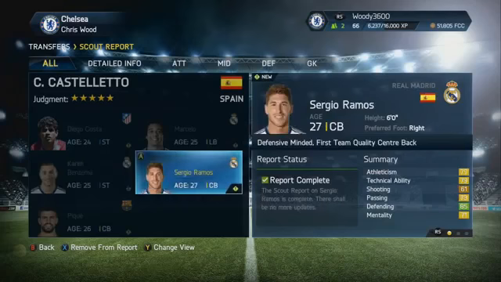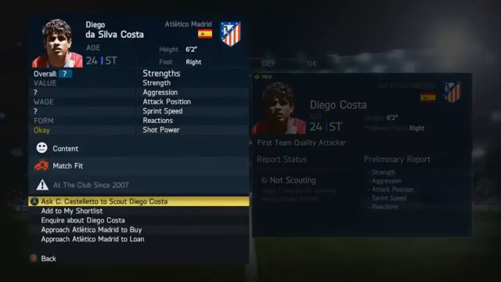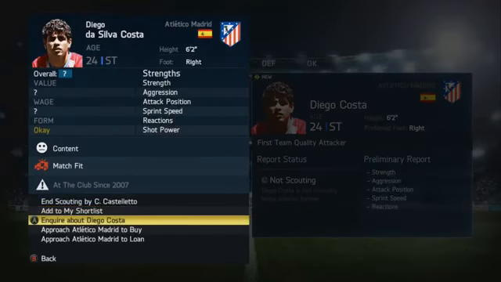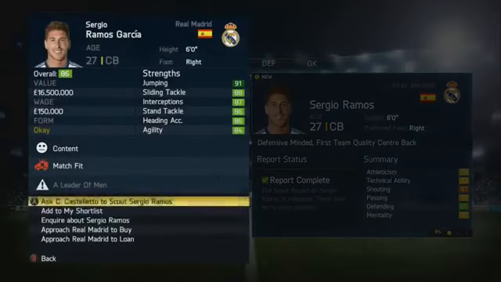We only need perhaps a little bit of strength at fullback. We do need another striker. As you can see, we're going to put in an inquiry for Diego Costa, as well as an inquiry for Sergio Ramos as well. Now, whilst we do have a lot of decent centre-backs, JT isn't getting any younger, and